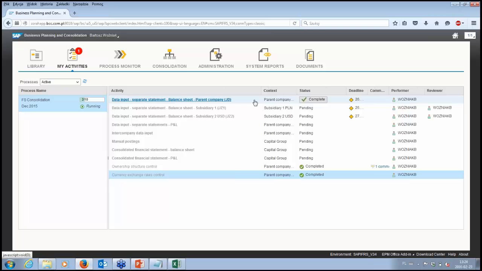This is the scenario for the parent company, and we assume that we have loaded data for the parent company from the BW system directly.